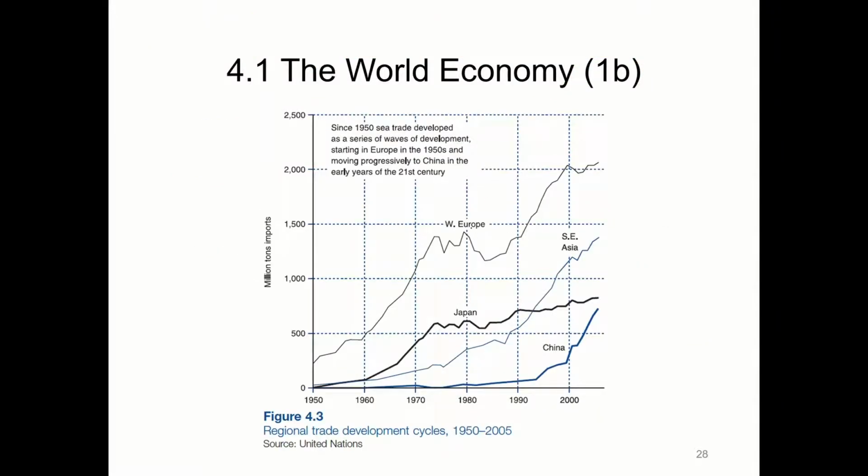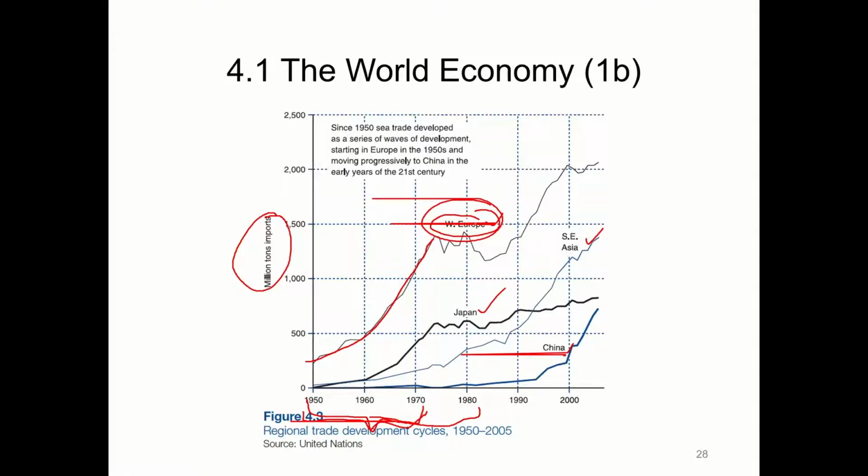So here we can compare the trade development cycles of different regions. We are comparing 4 regions: Western Europe, Southeast Asia, Japan, and China. Here we are trying to measure demand for maritime transport. The growth in demand for maritime transport increased by a lot between 1950 and 1970 for Western Europe. And that's because they started their industrial revolution very early, and they focused a lot on manufacturing during this time. Therefore it explains why there has been a sharp increase in the tons imports of